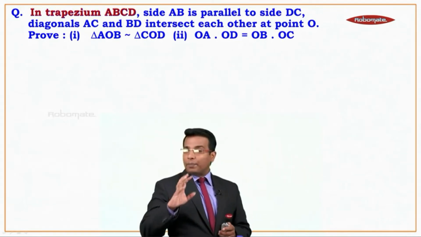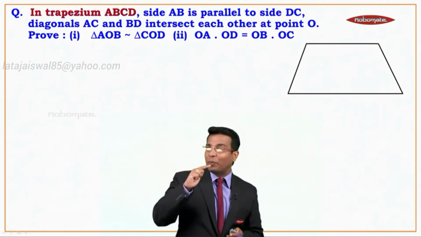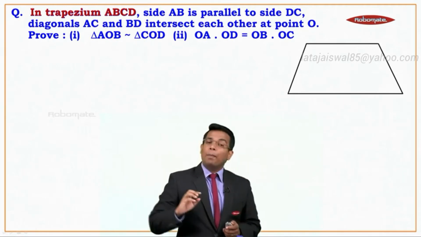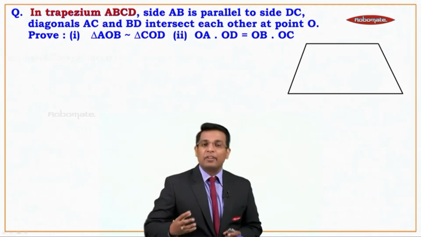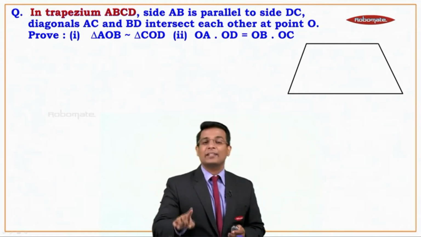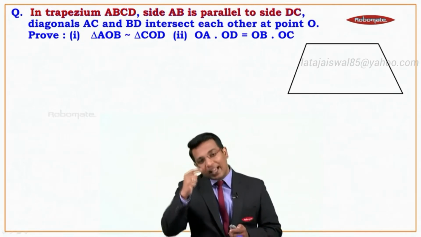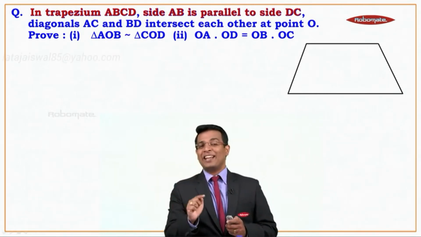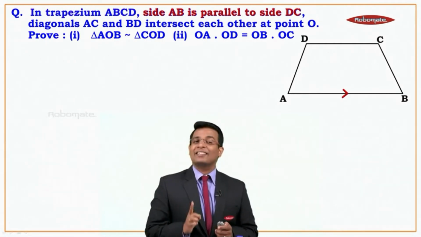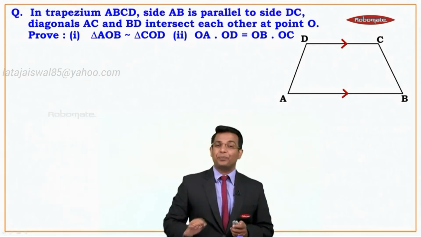Now when we talk about a trapezium, the very first thing is you need to have a quadrilateral where one pair of opposite sides is parallel and the other pair of opposite sides is not parallel. But be careful, don't name the figure in a hurry. You will make a mistake. First check what is given in the sum. Which sides are parallel? AB is parallel to DC. That means the parallel sides have to be named as AB and DC. So we take it as ABCD now. Now these are the parallel sides, that is AB and DC. Is this clear? This is where you need to be careful.